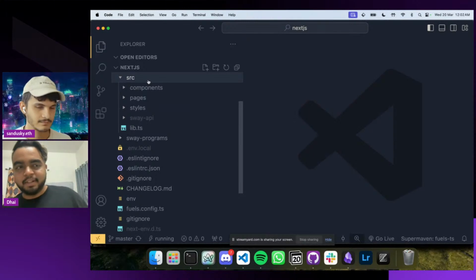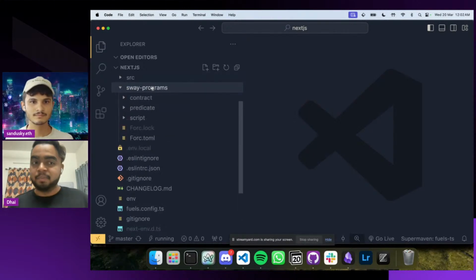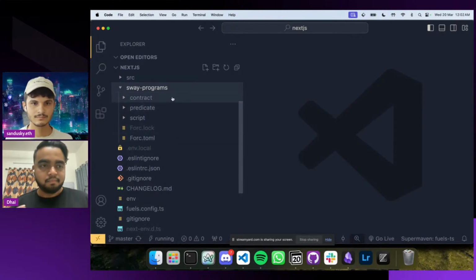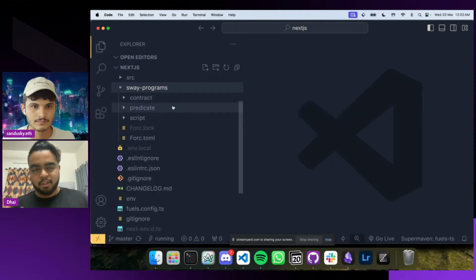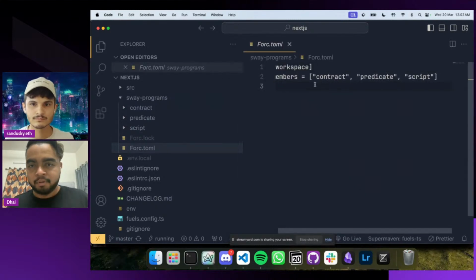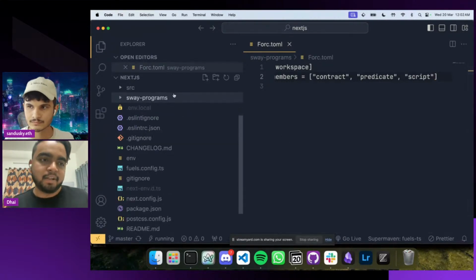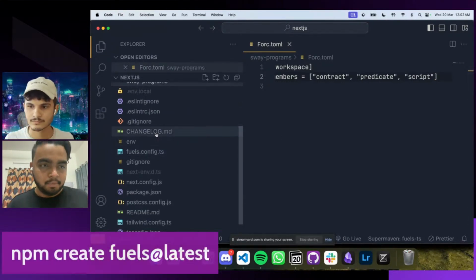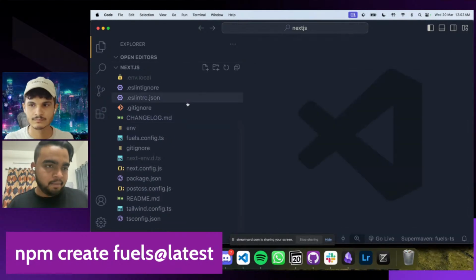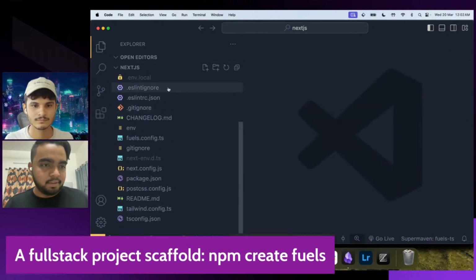It's the Next.js application, and the Sway programs folder is, like I said before, the Forc workspace that contains your contracts, your predicates, your scripts, anything you want. You start with these three, but you can always add more by adding a new value to this field and creating a new project, a new folder inside of that. So it's fully flexible. And apart from that, we have a few configuration things like ESLint and